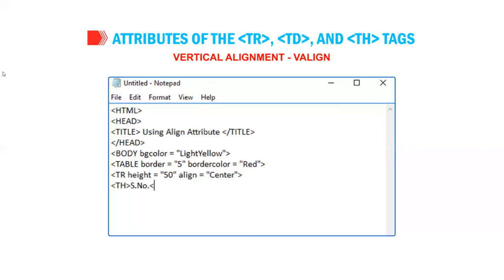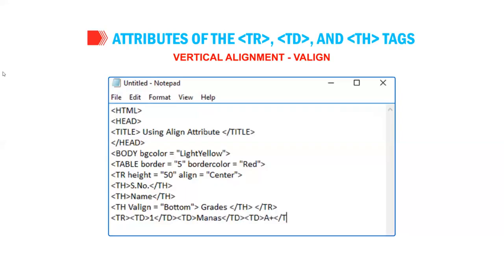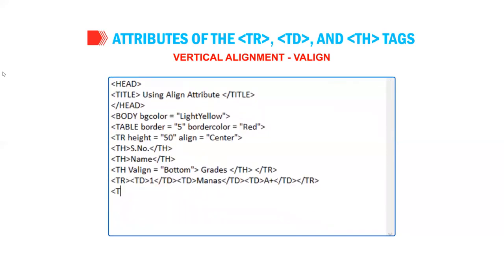<th>Serial number</th> <th>Name</th> <th align="bottom">Grades</th></tr> <tr><td>1</td> <td>-</td> <td>A+</td></tr> <tr><td>2</td> <td>Dheeraj</td> <td>A</td></tr></table></body></html>